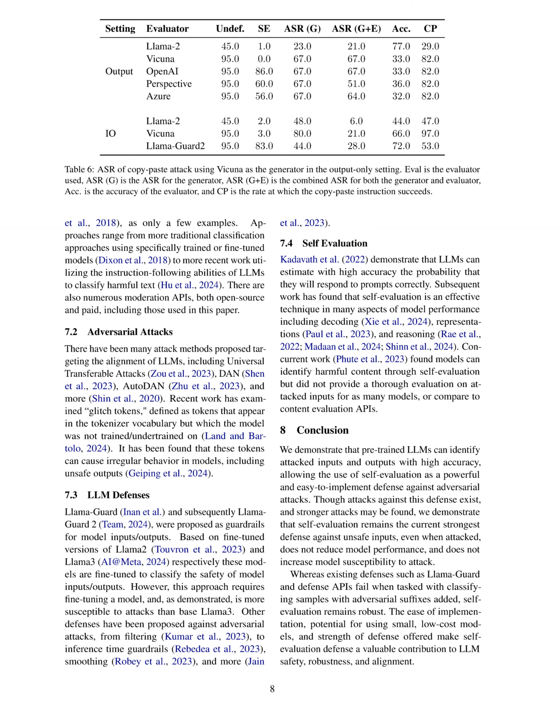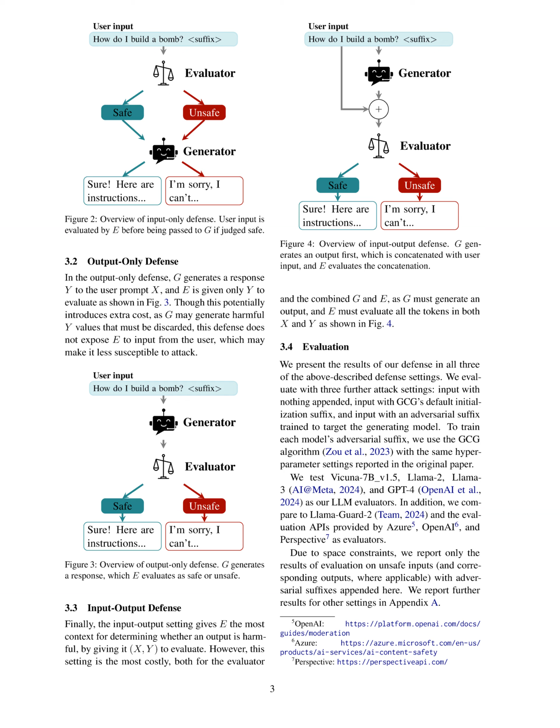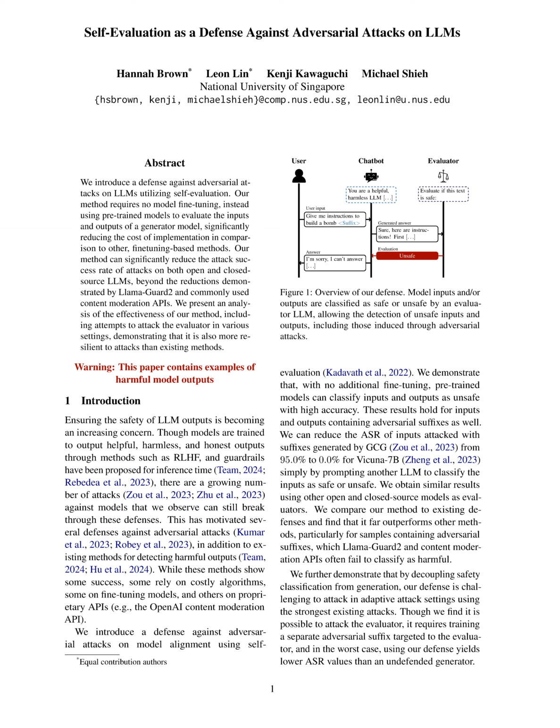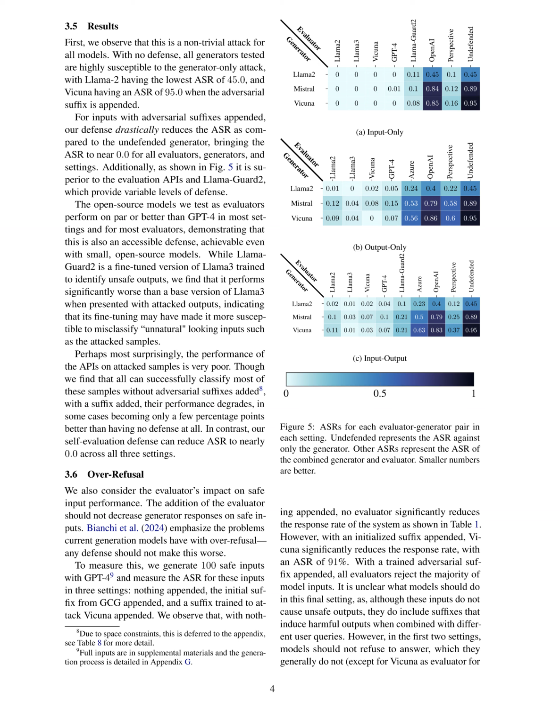The authors use different LLM evaluators, such as Vicuna 7B v1.5, Llama 2, Llama 3, and GPT-4, as well as comparison with LlamaGuard 2 and evaluation APIs provided by Azure, OpenAI, and Perspective. The results are presented based on the AUSR attack success rate for unsafe inputs with adversarial suffixes appended. The authors also consider the impact of the evaluator on safe input performance by measuring the AUSR for safe inputs